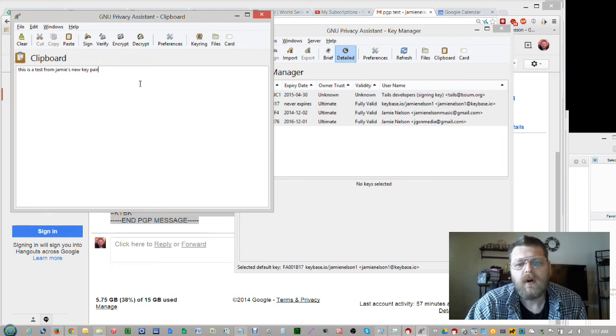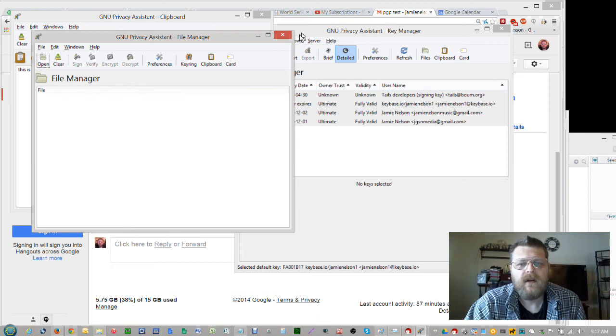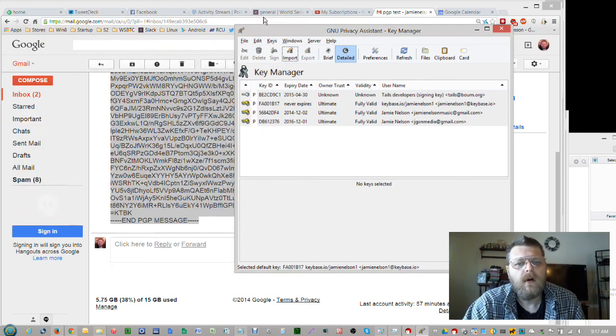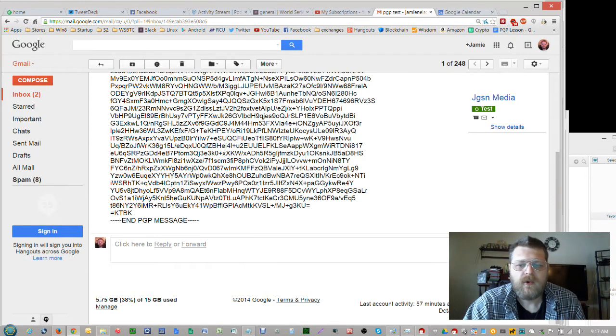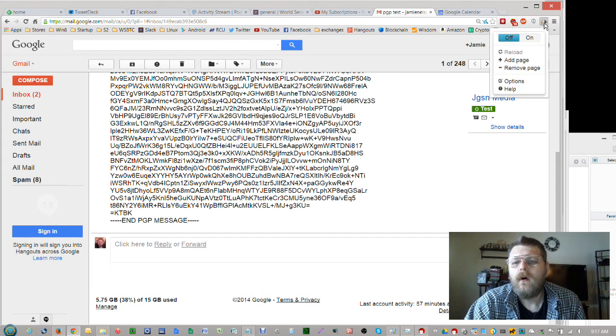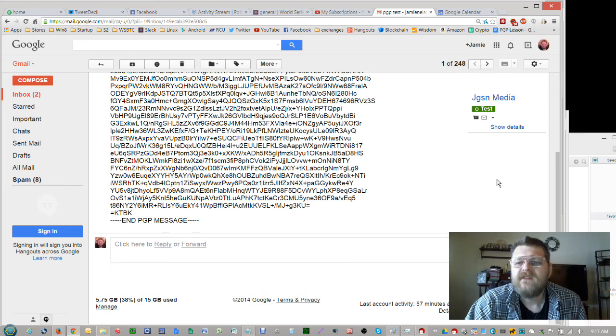And that's a lot of work to do just to send an email. Now, we can add files using this and encrypt files and stuff too. Thankfully, there is an easier way. After you have your keys made, there is a program called Mailvelope, which I happen to have installed,